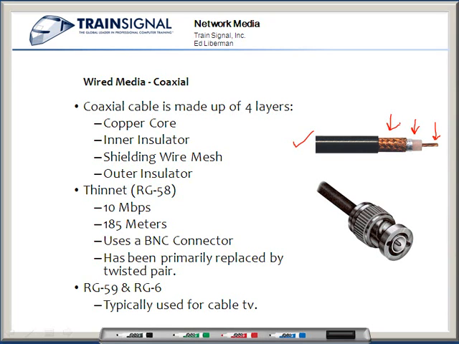Now, one of the things you may notice is that unlike twisted pair cabling, where we have the wires twisting around each other, we just have a single wire. And what that means is if we were to take 2 coaxial cables